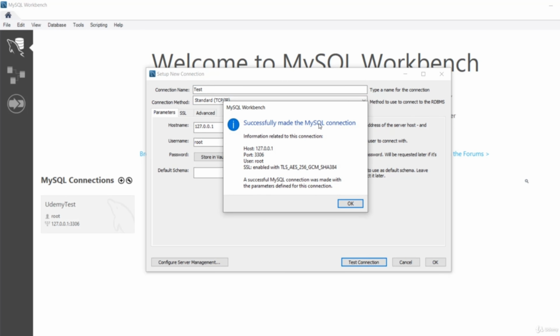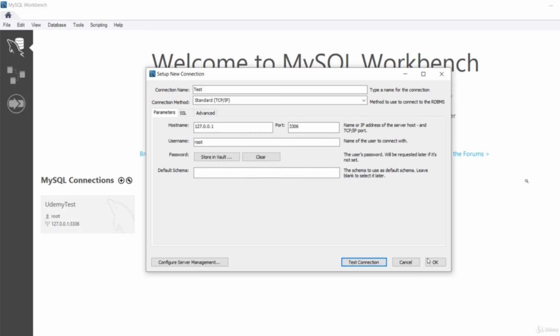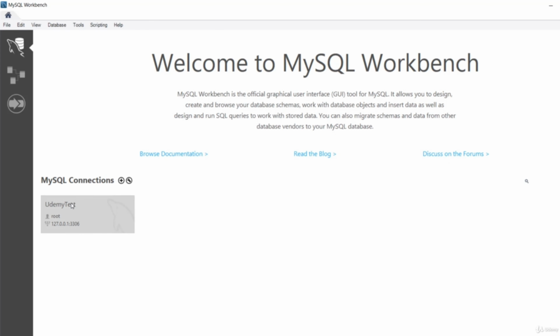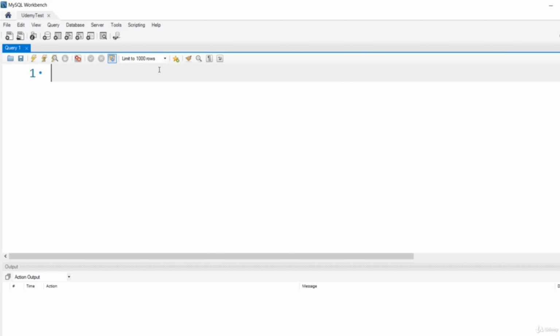Successfully made the MySQL connection. So this is how you can create a new connection. I am not going to create it because I have already created the Udemy test connection. So if you click on that given connection, this is where we are going to create our SQL related